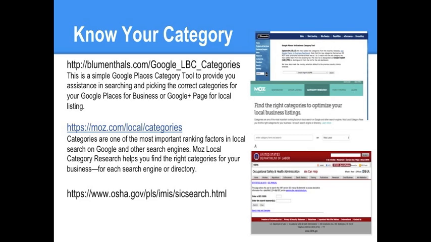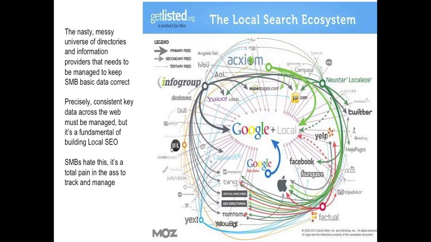And just to show you why it's so important to make sure your information is exactly the same in all of these different locations, we have a local search ecosystem graph that we take from Moz. This is put together by a guy by the name of David Mim, who used to run GetListed.org. And here are probably the top 50 directories and their relationships to each other. There's probably another 10,000 directories behind them that don't matter as much. But the real core is Info Group.